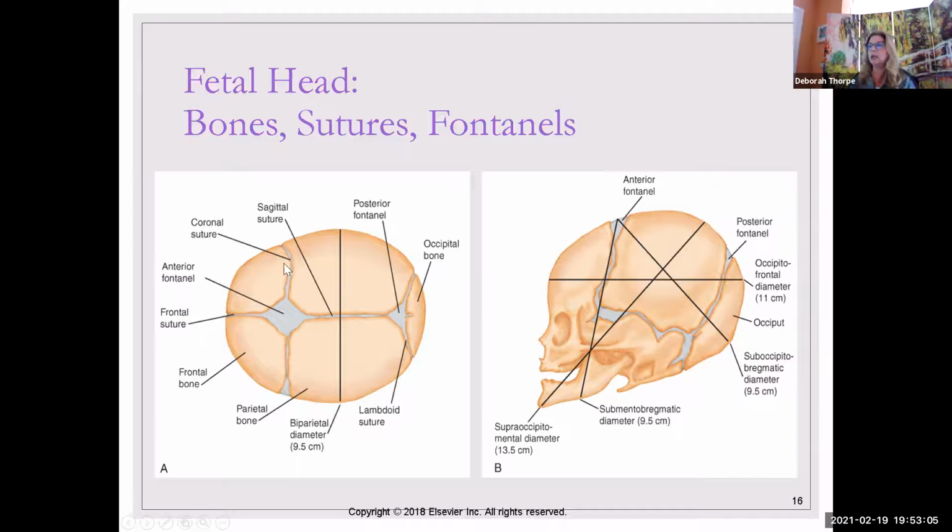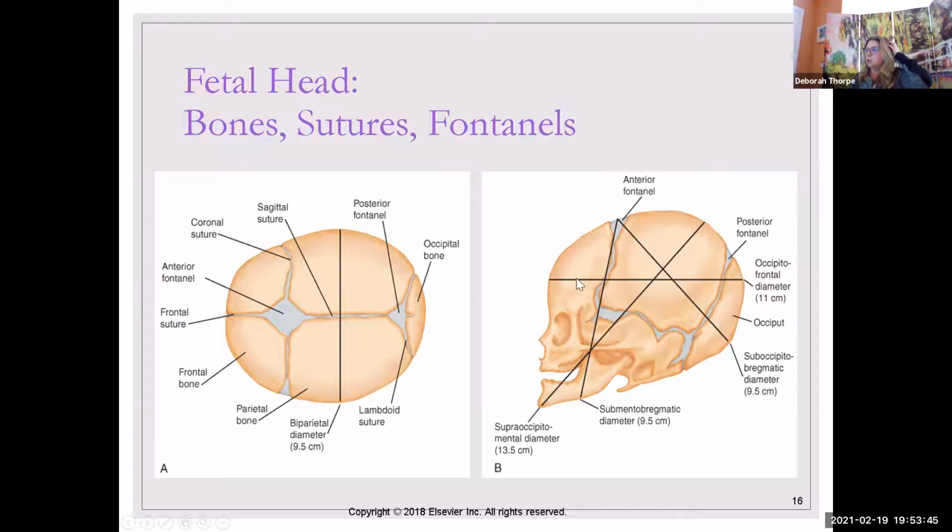Think about why these sutures need to not be fused. If you have any fusing, the brain cannot grow, and the baby will get into problems. But you can also look at what diameters of this baby's head are going to be the easiest to get through the pelvis, right? So look here, if we have a baby that's coming full frontal occiput, just coming straight down,